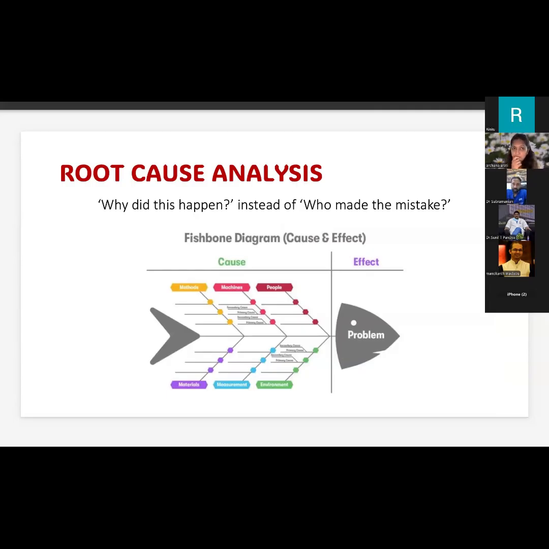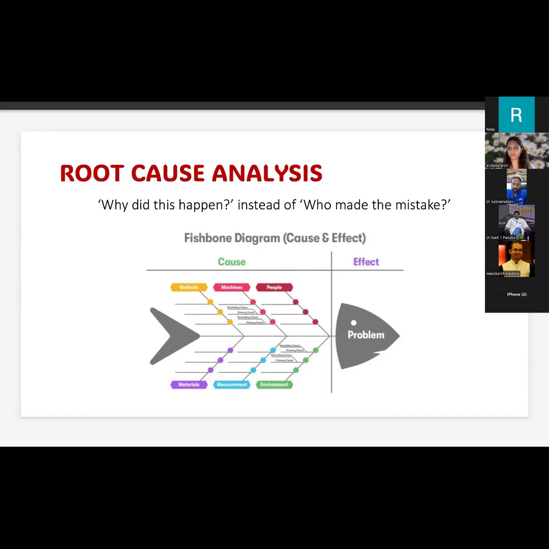Root cause analysis. Whenever an incident occurs, our first instinct is often to ask who made the mistake. That is how we usually react. So who turned this vaporizer on? That will be our first instinct. But patient safety science encourages us to ask a different question. Instead of who made the mistake, it should be, why did this happen? This is the essence of root cause analysis.